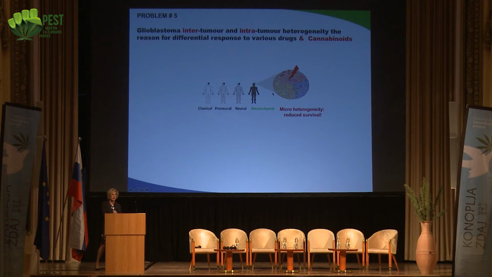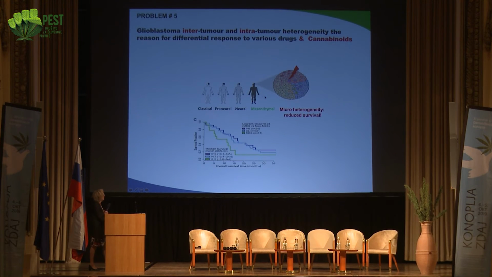Then how would you distinguish? Impossible. So it has been shown that if the tumor is very heterogeneous in this respect, you get a reduced survival rate. This was shown mainly in animals, but also in autopsies, analysis of the composition of the cells in the tumor, and the patients have different survival rates. The mesenchymal type is really the most dangerous, most aggressive, and has a shorter survival rate. And even more so, when a tumor relapses, it transforms into a mesenchymal subtype. So this is a problem.